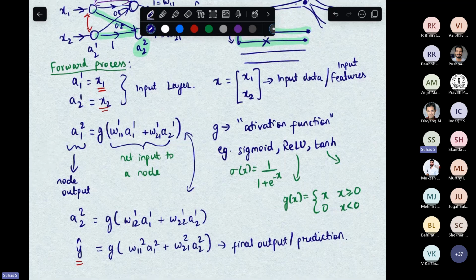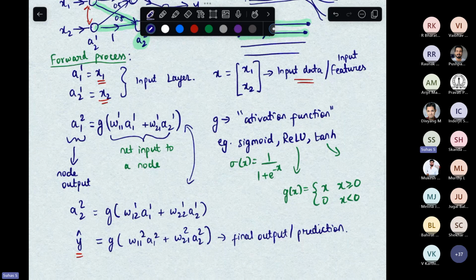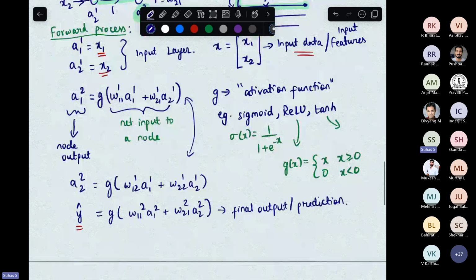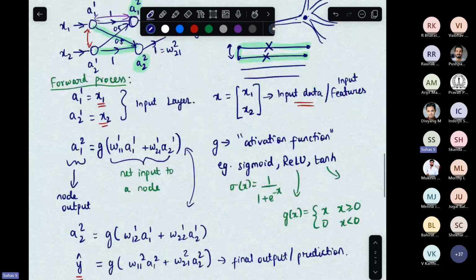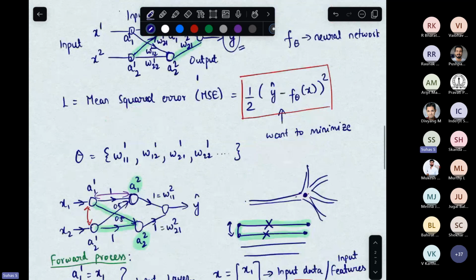The input could be a vector, it could be a single number, it could be an image, it could be a video, it could be an X-ray scan, it could be anything. Depending on the dimension of the input, your neural network will also change the nature of its weights. And one important thing is that for every